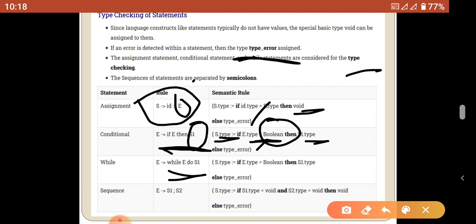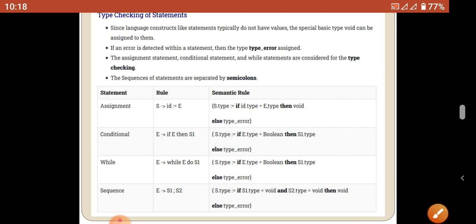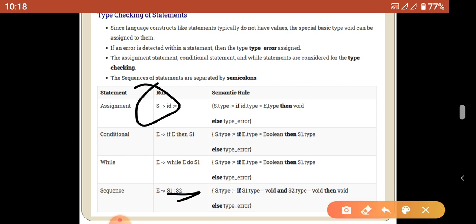For the while statement we use the same concept as the if, but it runs multiple times, with the same rules as we discussed in the if statement. Next we consider two different statements, S1 and S2. Already we discussed the statement rules. If the left side type and right side type are equal, the statement has the data type void.